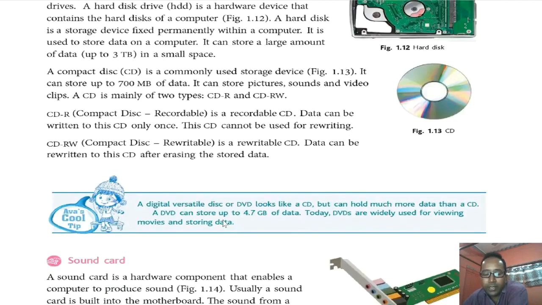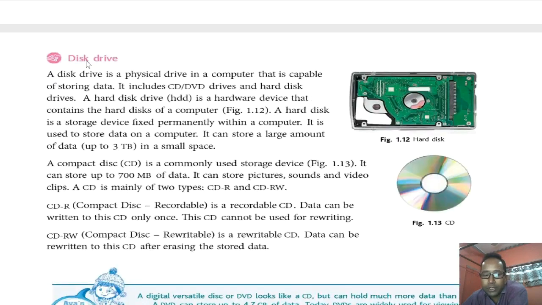DVD, another type of disk, digital versatile disk. This looks like a CD but is capable of storing 4.7 GB of data. For DVD also we have three types of disks. One is DVD-ROM, then DVD recordable, and last one is DVD rewritable. To perform read and write operations on CD and DVD, we need a drive, CD drive and DVD drive, or sometimes CD writer or DVD writer. So the computer uses these drives to perform read and write operations on the secondary memories.